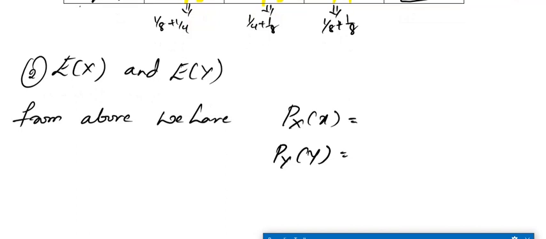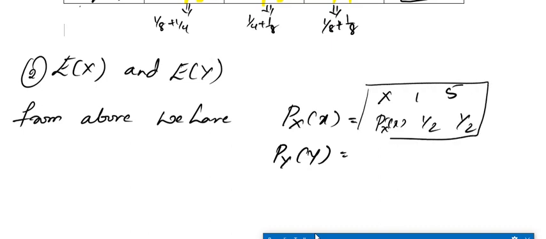So from the above table, it's always better you take the data because Px of X and Py of Y will be required for our mean. So it's always better to write it. So I'll just represent it in a table form. So it is X, 1 and 5. When X was 1 and 5, P of X was 1 by 2, 1 by 2. So this is the first table which we require.